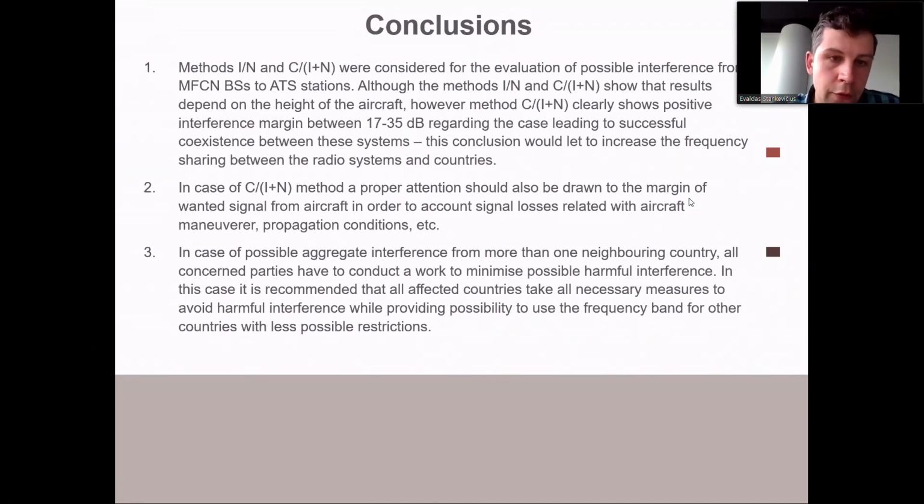The second conclusion is that if we use the C/R interference criteria, you can achieve better electromagnetic compatibility compared with the I/R. And the third general conclusion is that if the countries would change their approaches, using more precise interference criteria, the radio systems would develop in a much more beneficial way, and both countries would have more developed radio systems than they could otherwise, because